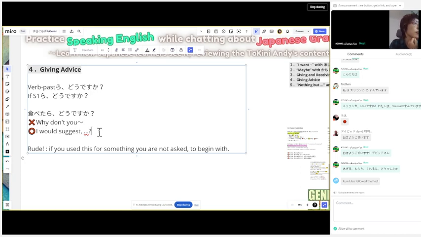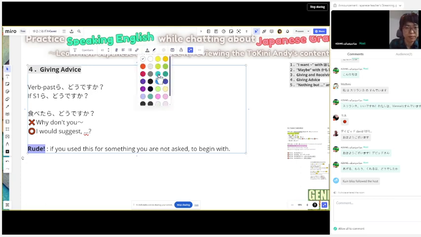It's very common. Let's go over some example sentences so that you can get a better idea of what this is. So my sentence that I was just talking about, tabetara do desu ka? Literally, how about if eat, which becomes why don't you eat? Akirametara do desu ka? Why don't you give up? Agetara do desu ka? Why don't you give it?